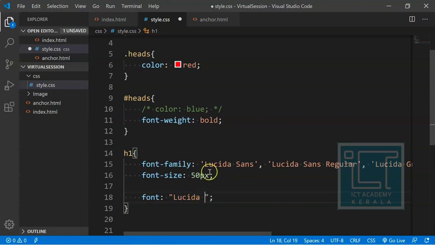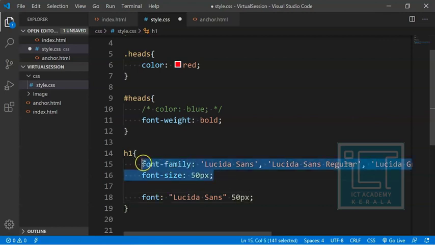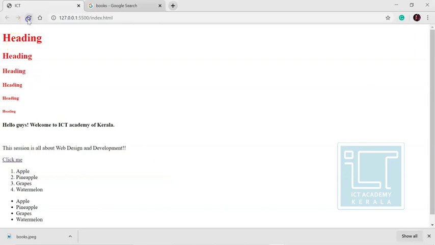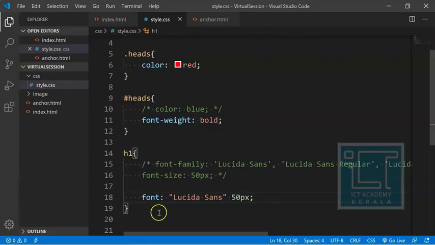You can give it in double quotes or single quotes, both are accepted. Then I separate it using a space and give 50 pixels. I'll comment out the earlier code, since this is equivalent to it. Let's see. Okay, Lucida Sans in 50 pixels.